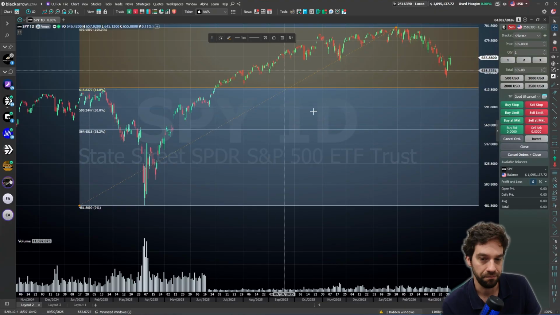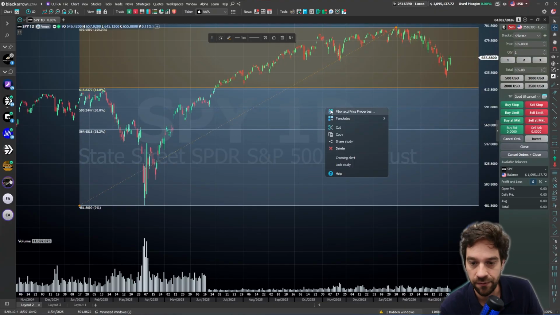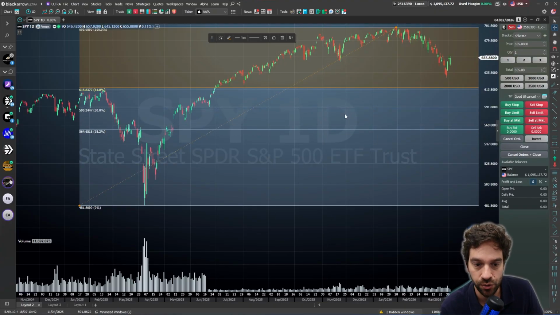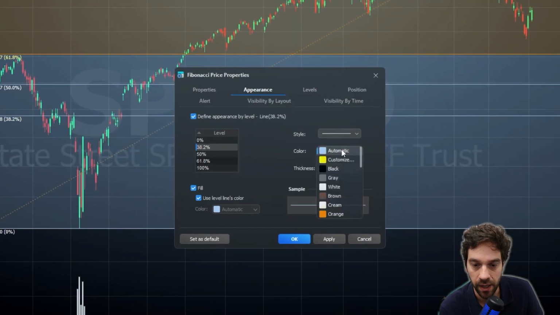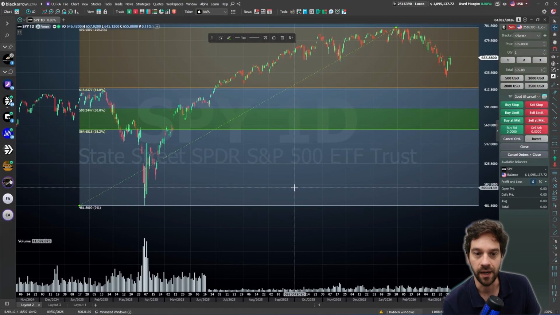Okay, and I don't know, maybe the 38.2 as well. So I want to come here and add the green one. Okay, and there we go. So this is how you set up and customize your